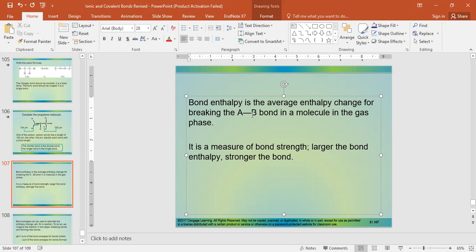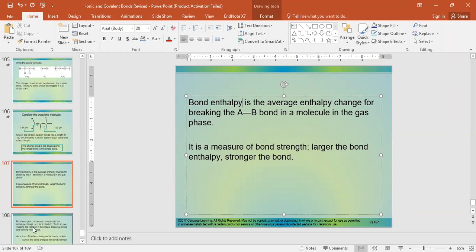You require an energy equivalent to the enthalpy of that particular bond. It is also a measure of the strength of that particular bond. The larger the bond enthalpy, the stronger the bond, and the higher the amount of energy you will require to